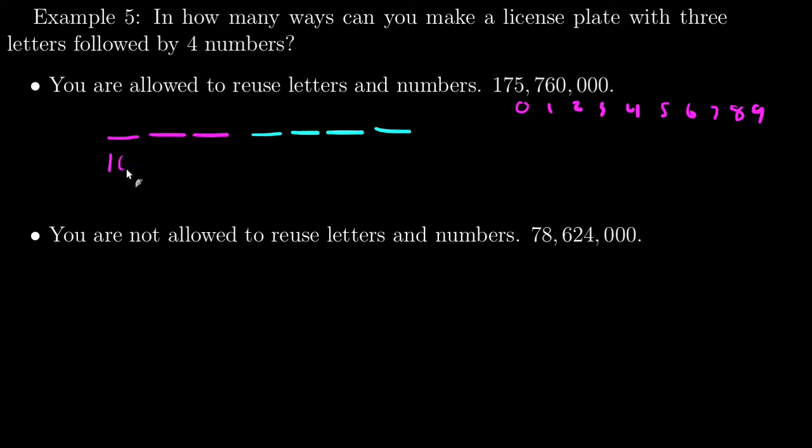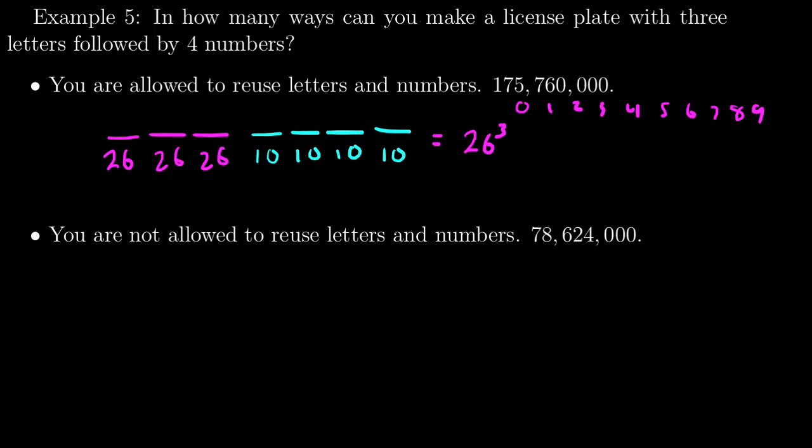So I have 10 choices for the first, wait a second, those are letters. 10 choices for the first digit, 10 choices for the second digit, 10 choices for the third digit, 10 choices for the fourth digit. For the letters, if I'm considering a standard English alphabet, then we have 26 letters, and if I'm allowed to reuse them, then I have 26 choices for the first letter, 26 choices for the second letter, 26 choices for the third letter. And when I multiply all these together, I'll get